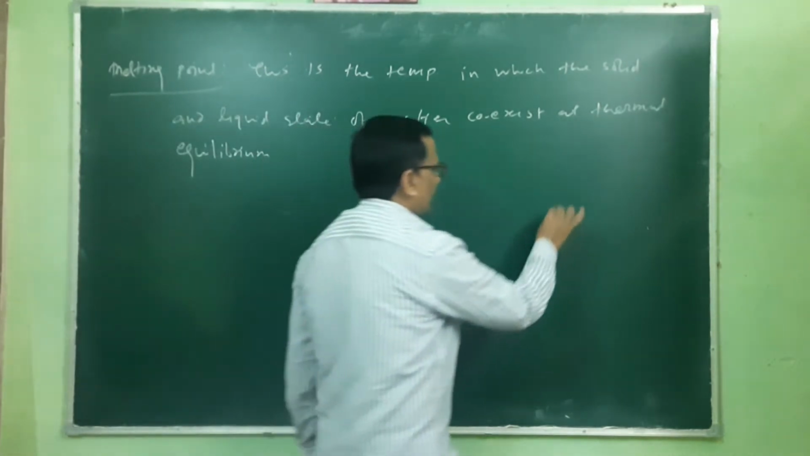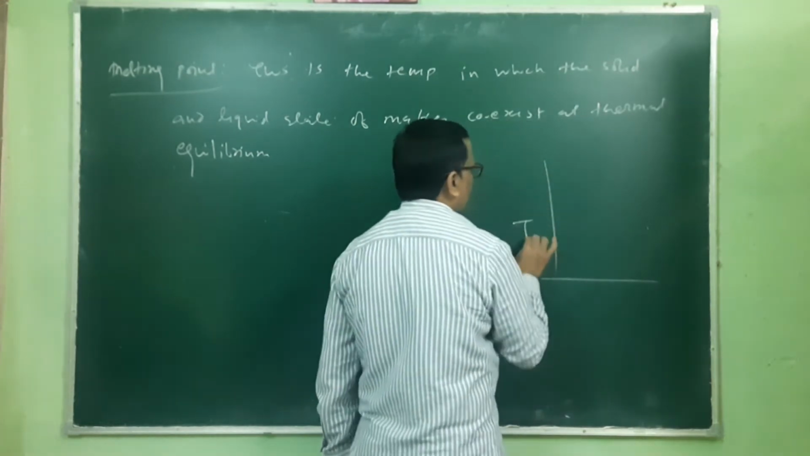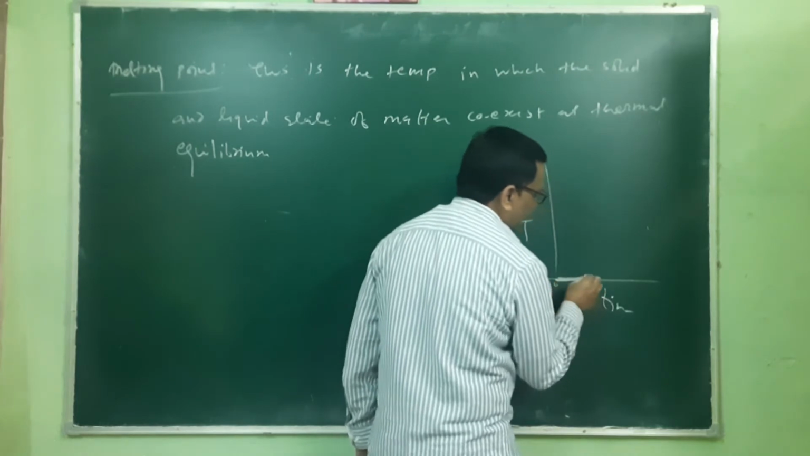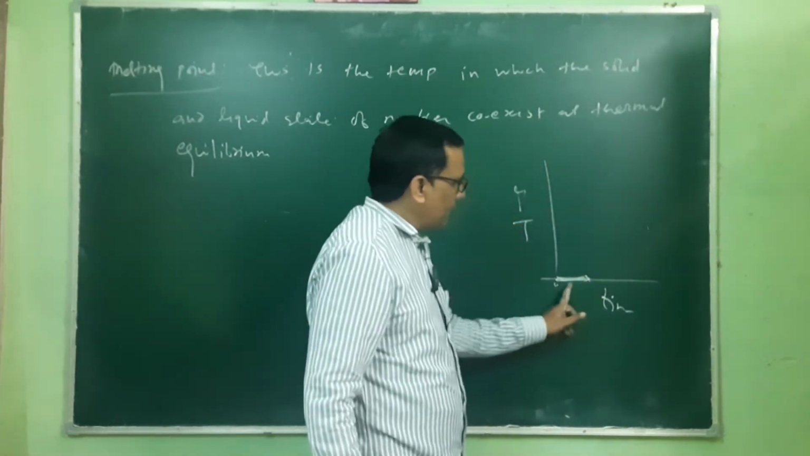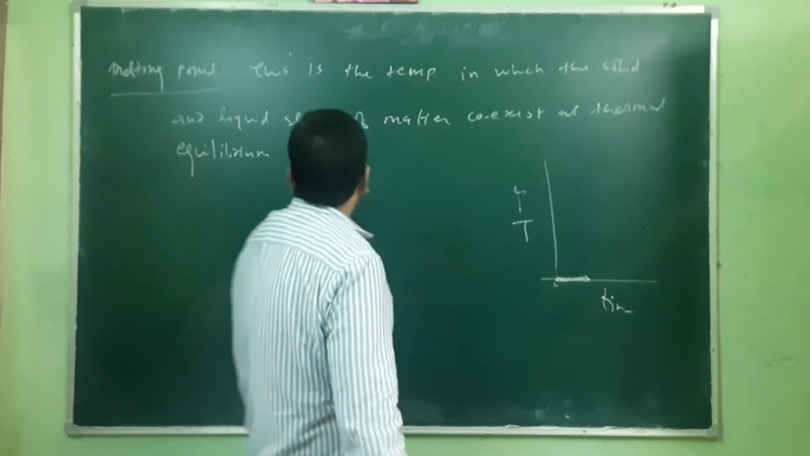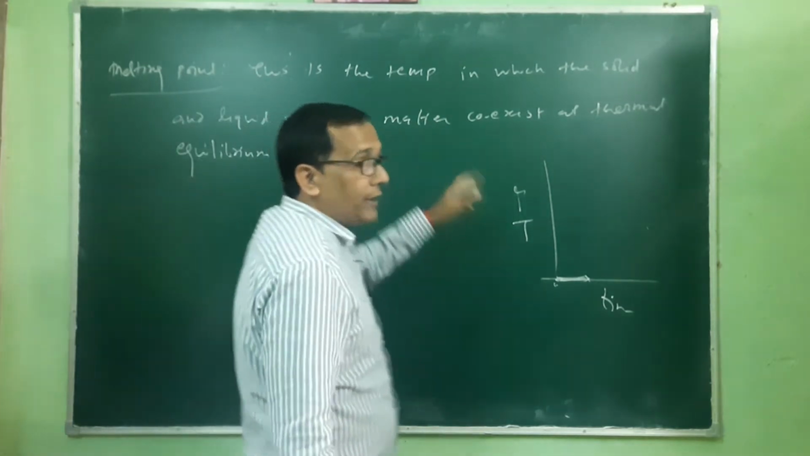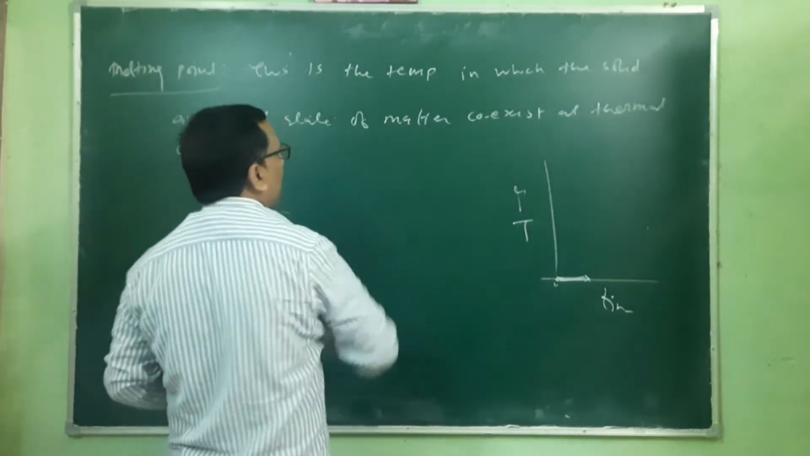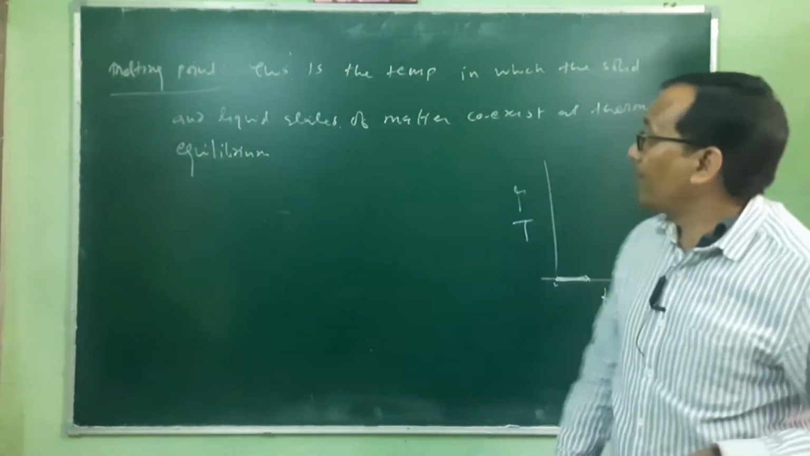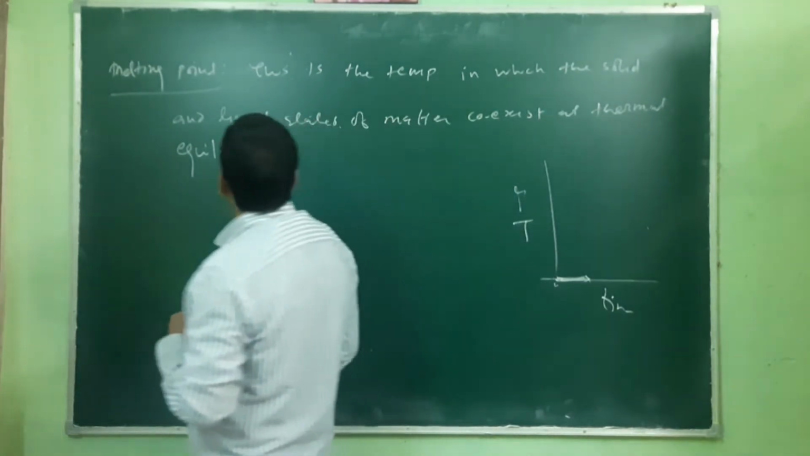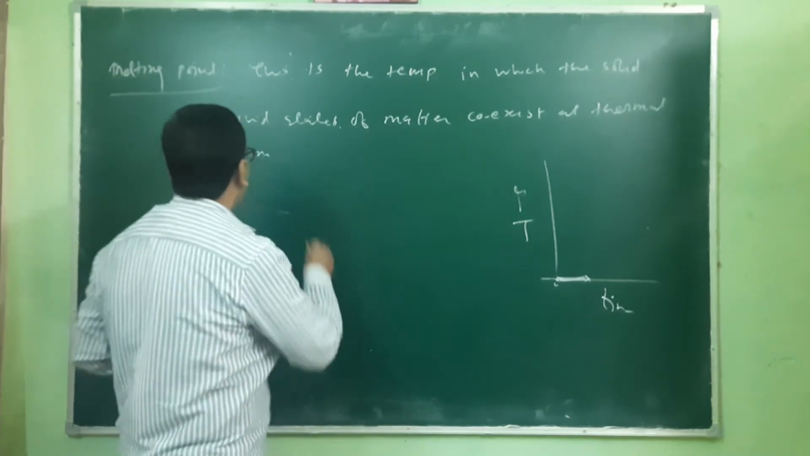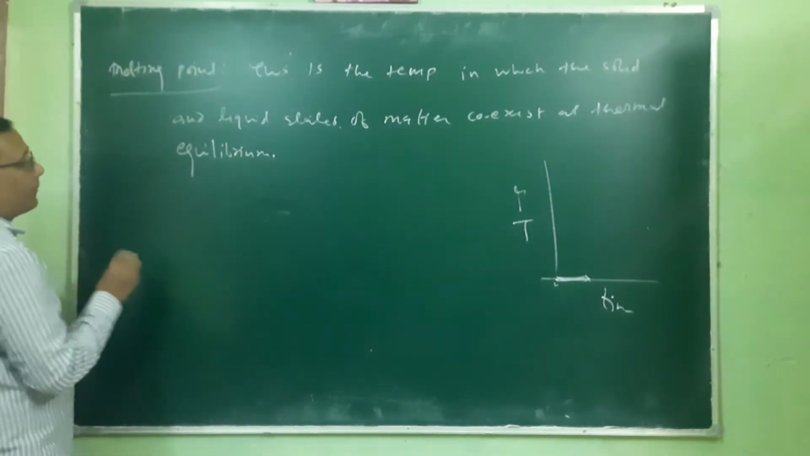So in that plot, this is the temperature and this is time. Here it is 0 degree centigrade, and up to this point the solid is converted into liquid. In thermal equilibrium, this is the point where the solid and liquid states of matter coexist together. This temperature is known as the melting point. Second, the boiling point